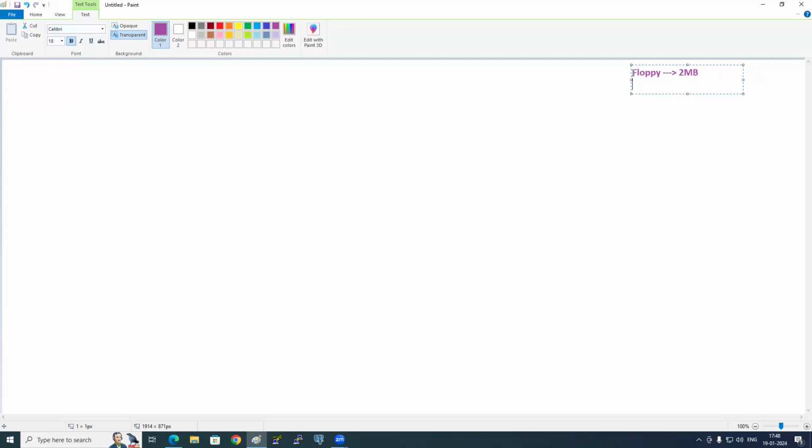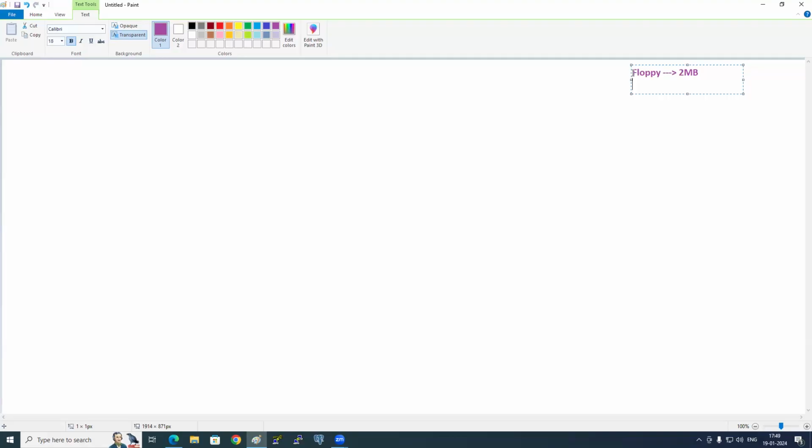We didn't have Windows. We had DOS. Anyone knows DOS? Disk operating system. It is only one command prompt which you open and we just type the commands. That's it. After that, maybe few years, maybe not more than 5, 6, 7 years, we got the Windows with UI based.